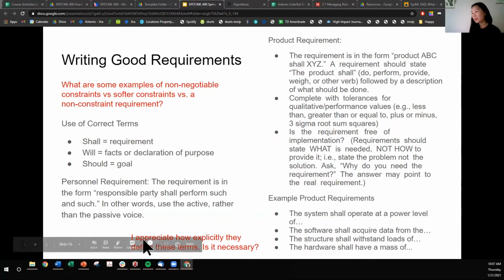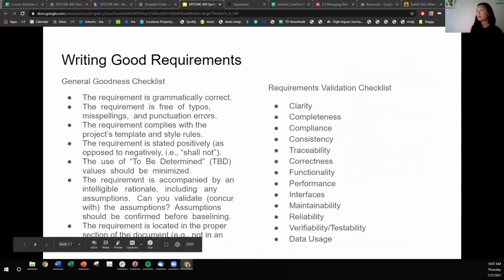Okay, and then someone said, about some requirements, I appreciate how explicitly they are stated. Is this necessary? Yes, yes, yes, yes, yes. Explicit is so good for requirements. So yes. Okay,